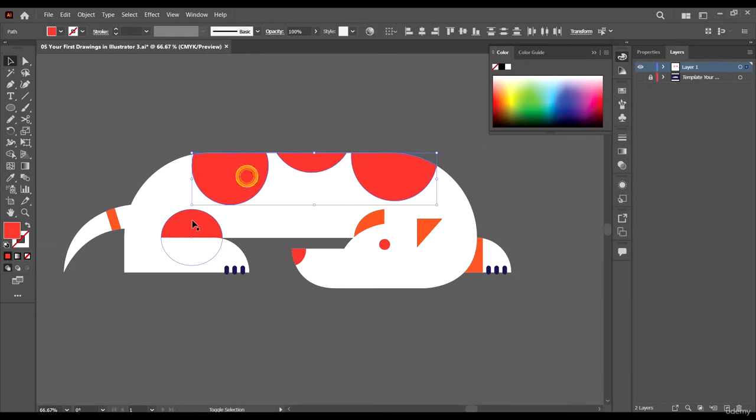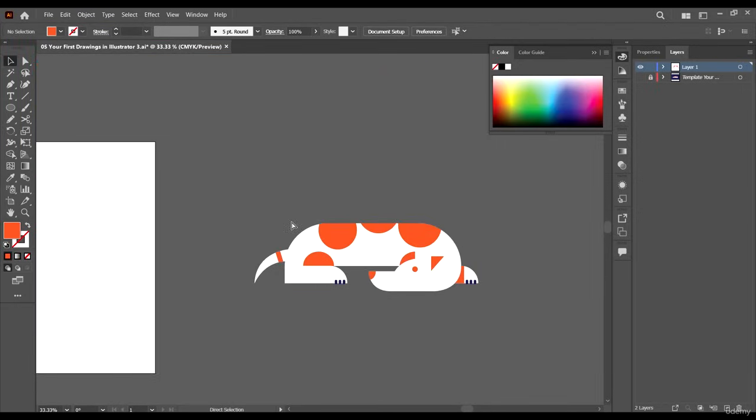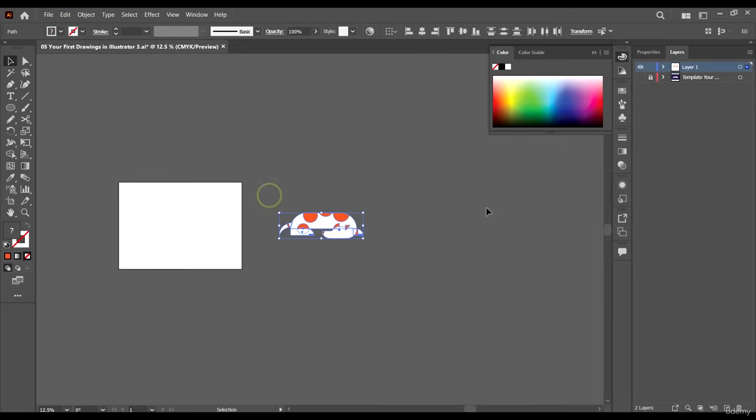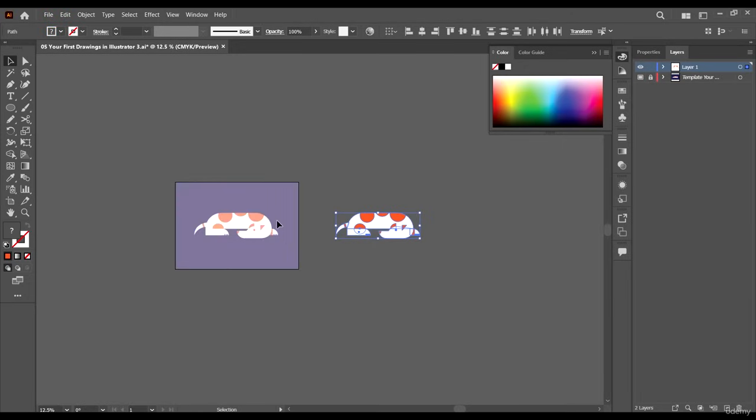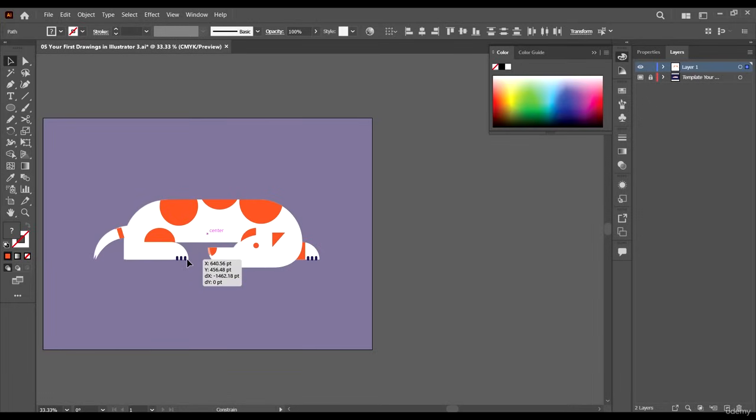For the colors, I think I'll just make them more similar to these ones. Yeah, so that's what we have so far, and now we can enable our layer and just drag it out to fit in more perfectly.